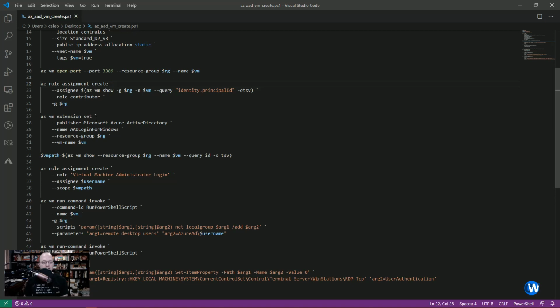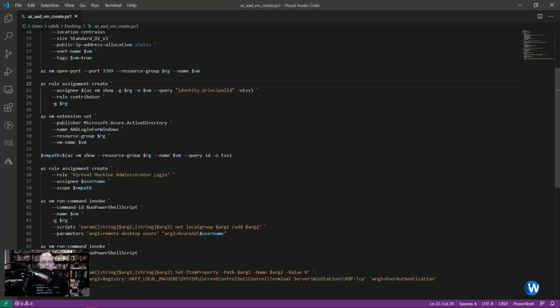The next thing we're going to want to do is add an extension inside of the virtual machine. Now, with az vm extension, you can do a lot of stuff. You can add Active Directory like I'm doing, you can add software installations, you can add a Docker container. It's really powerful. For our case, we just want to make sure that it's set up for an Azure Active Directory